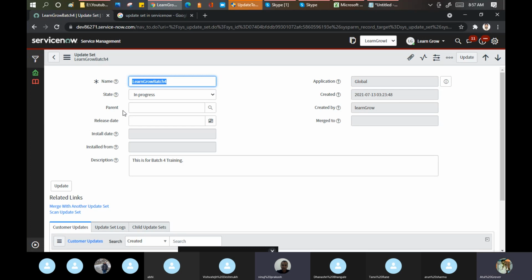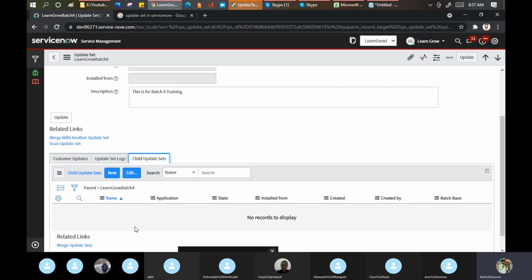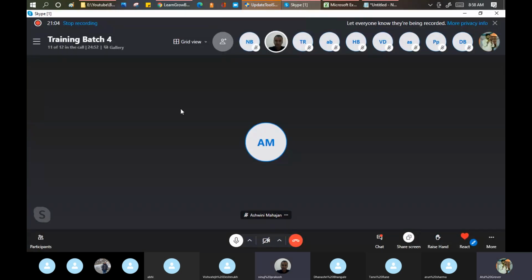Yes. So what will happen is, when you create any update set and you map my update set as a parent, I will be able to see here how many are there. Then if I move mine, all the 5 will be moved automatically with it. So that is the way it has been working actually. Is it clear, Vinush? Yes.